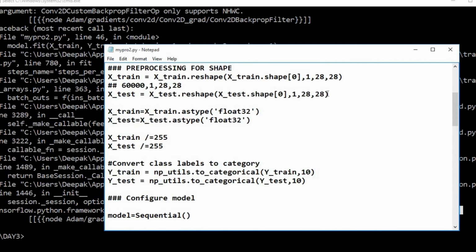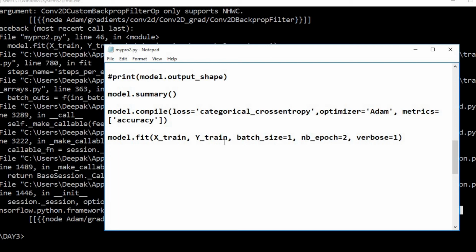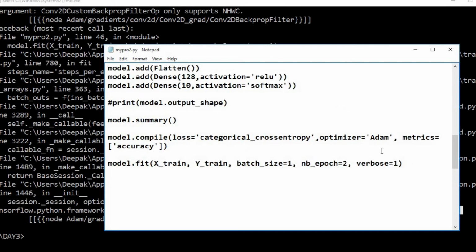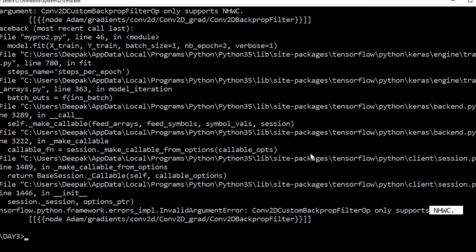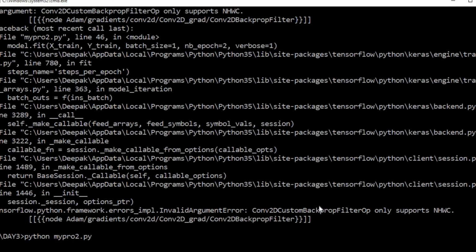Then we had reshaped our data to 128, so let us make it 28, 28, 1. Then our pre-processing was again 128, so let us change it to 28, 28, 1. So the input will match the actual input of the data. So 60,000, 28, 28, 1 will be the new shape of the new train data. So I think now there should not be any error. Let's check.